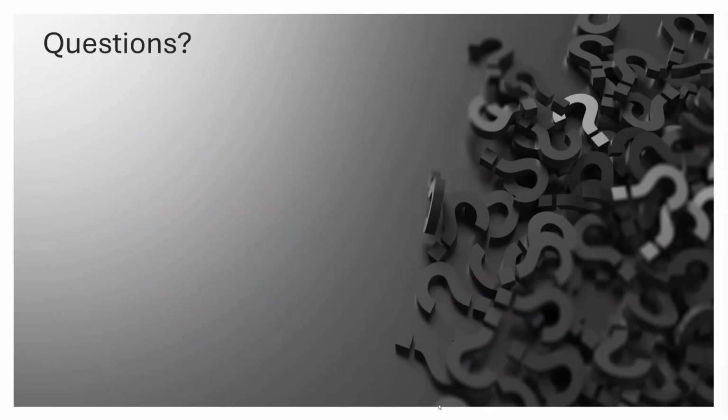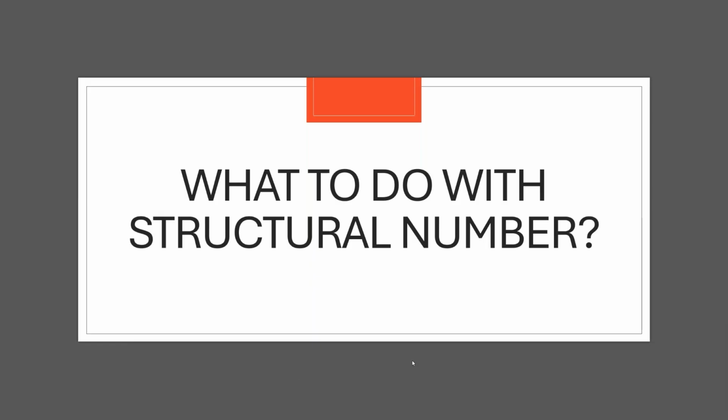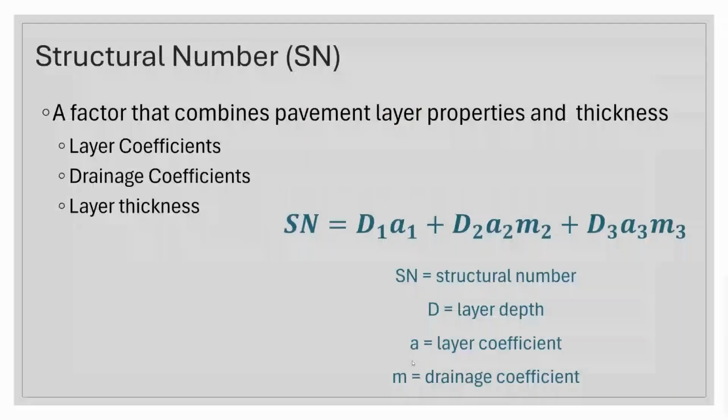All right, very good. Well, in our next session, we're getting to the end of the process, but it's what do we do with that structural number? So now that we have the magic number, how does that translate to actual pavement thickness? So we're going to combine the layer properties and the thickness and figure out something for each layer of our pavement. So we're going to have a surface. We know we have a subgrade, and we need something in between it. That's going to be our base layer. And sometimes we have a sub-base layer.